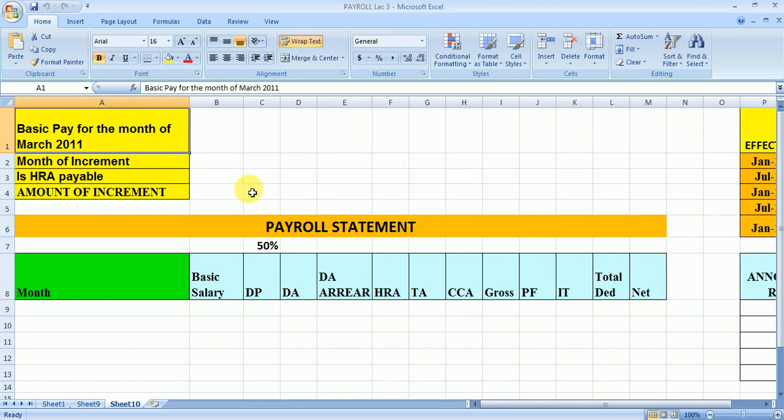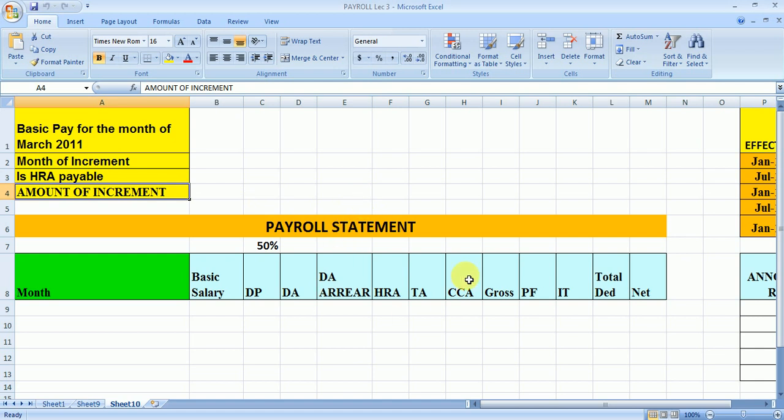Now this is the format for the payroll statement in this question. We have to prepare the salary for the particular person, Mr. X. So we have the basic pay for the month of March 2011, the column for the month of increment, and HRA payable, which has two options, yes or no, and the amount of increment, which is fixed.